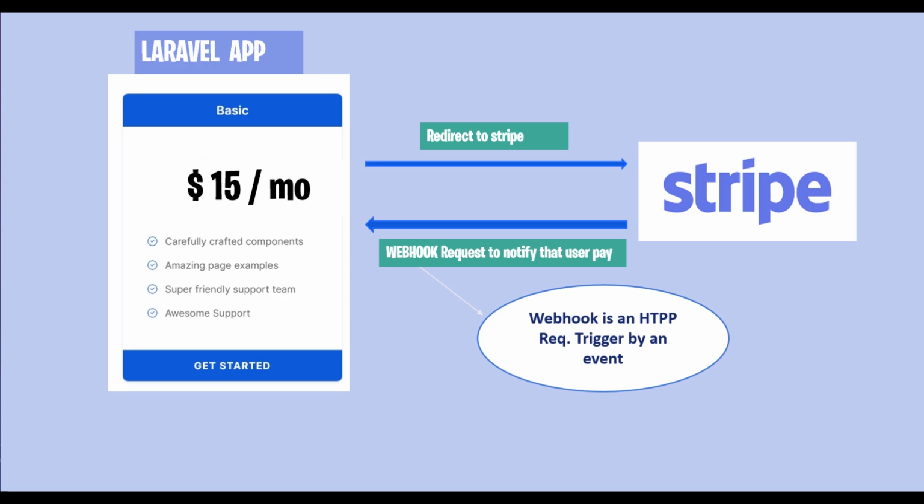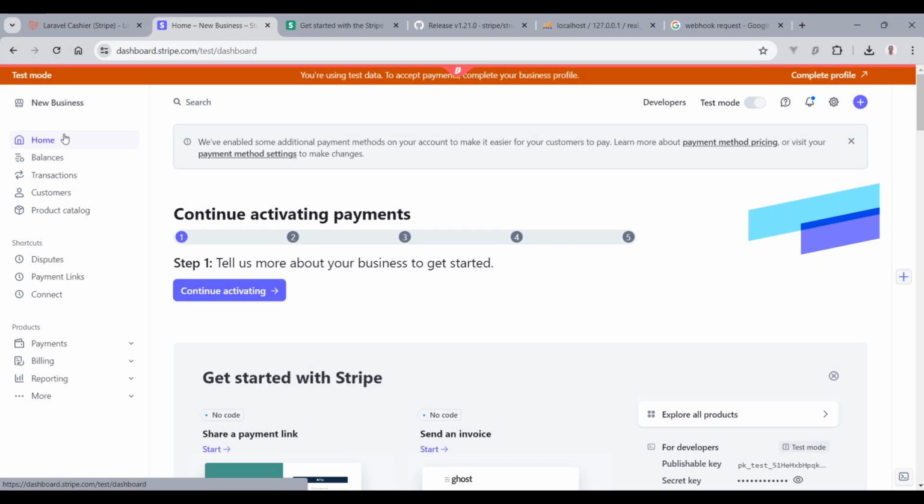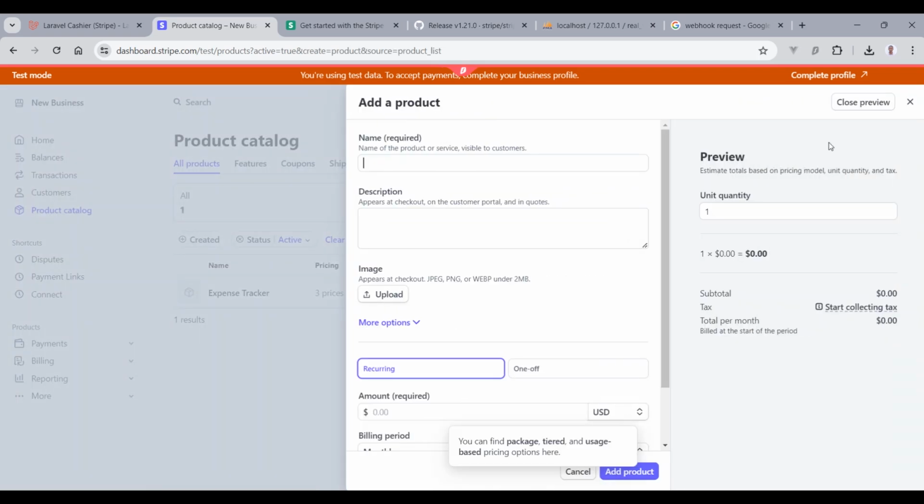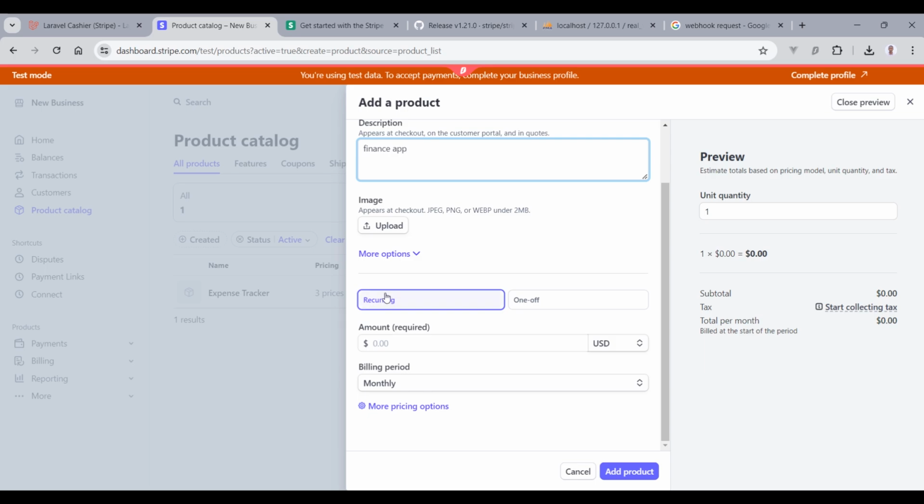Now let's go ahead and create our pricing within the Stripe dashboard. In order to create our pricing model, we are going to move within the product catalog menu, and then you're going to click add product, and the name of our product is going to be Money App. And then we're going to provide a little description. You're going to say finance app, and then for the price here you can see recurring and one-off,